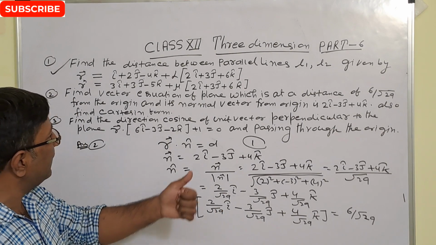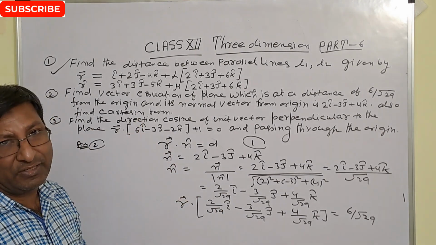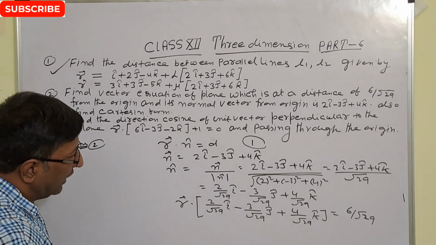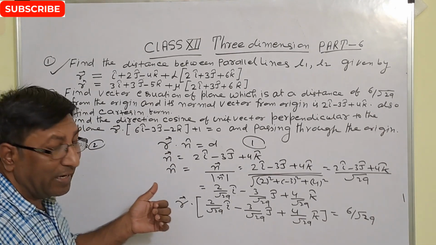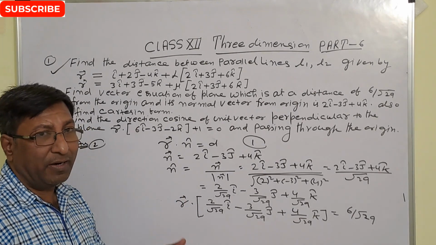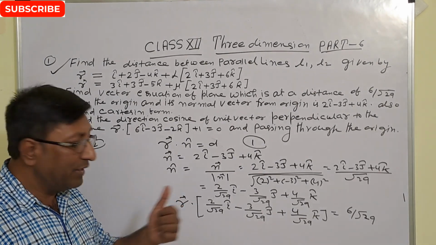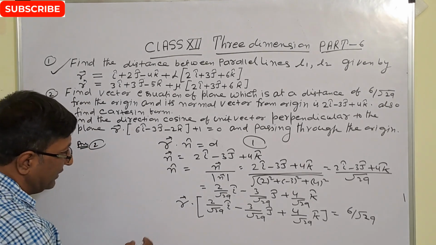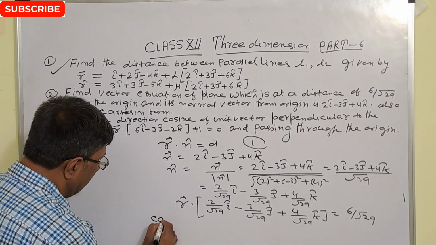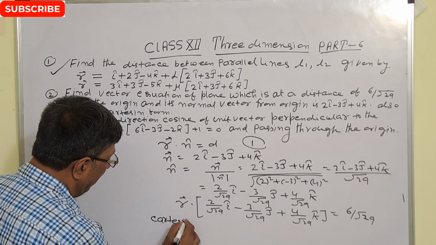Now the next part is to also find the Cartesian form. So in Cartesian form, what will be the answer? You know the Cartesian form is ax plus by plus cz equal to d. So in Cartesian form, our answer is